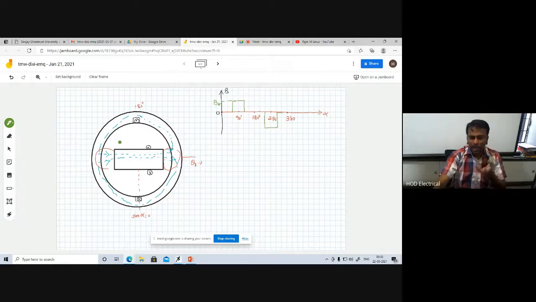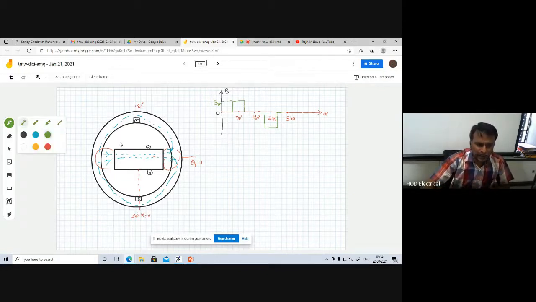Now, alpha, this entire circumferential area, alpha is starting from 0, at 90 degrees maximum, then at 180 degrees 0, then at 270 degrees negatively maximum, then again 360 degrees, then the same sequence will be repeated. So at the same time, let me take this negative side also, so that you can understand when I write this Fourier transform.